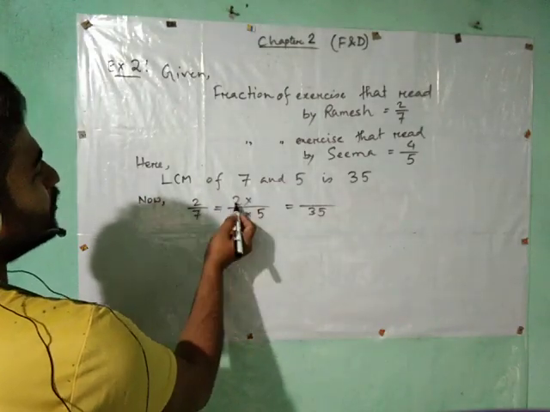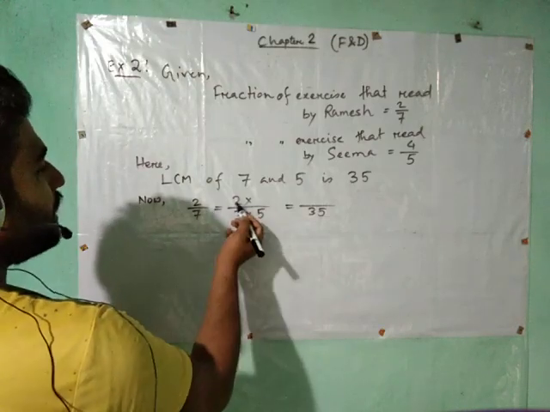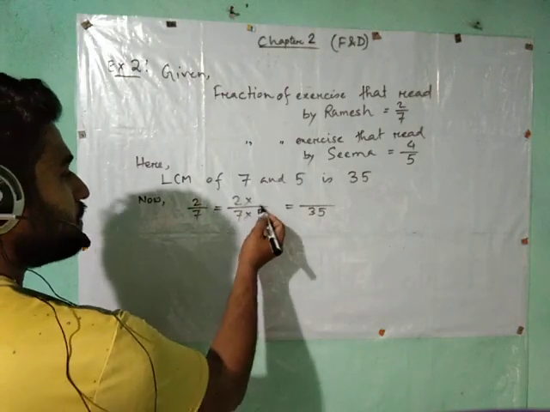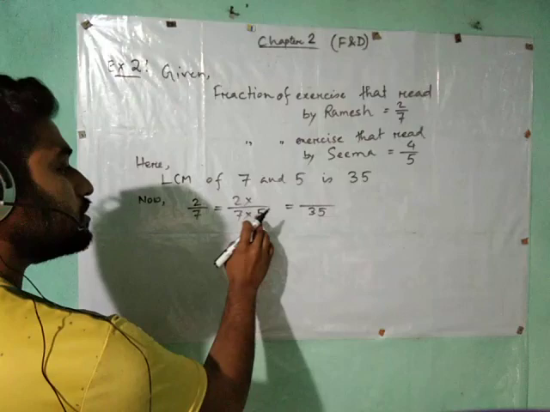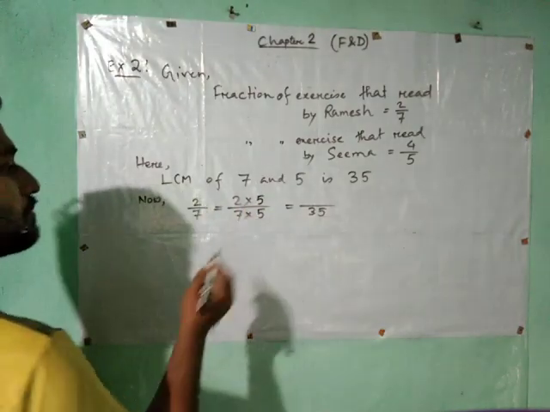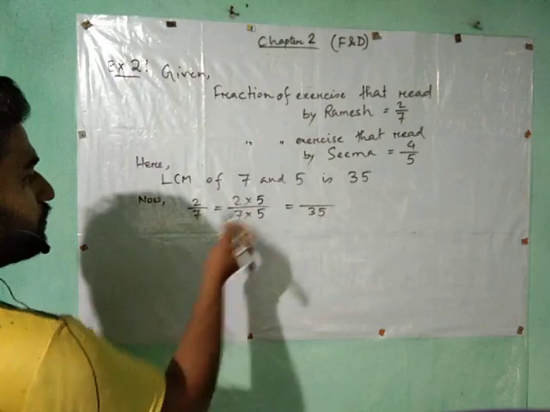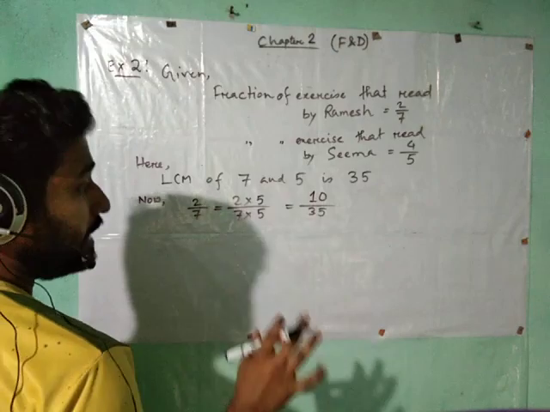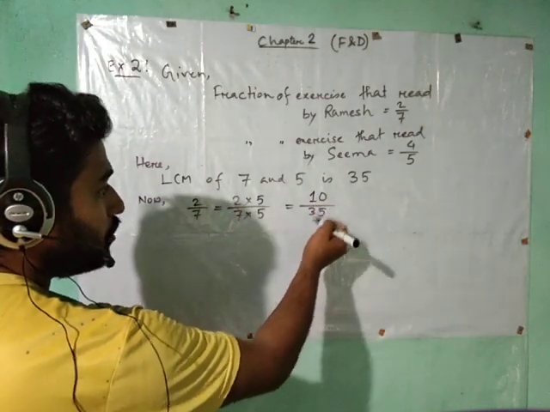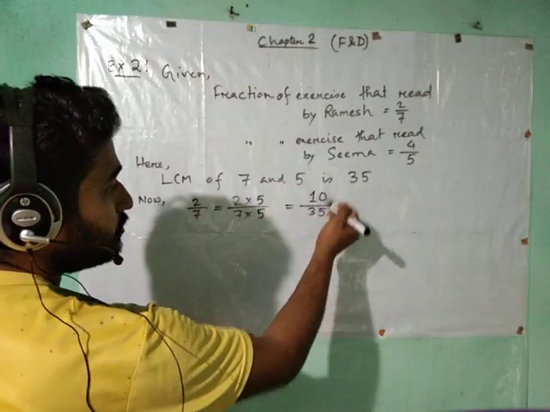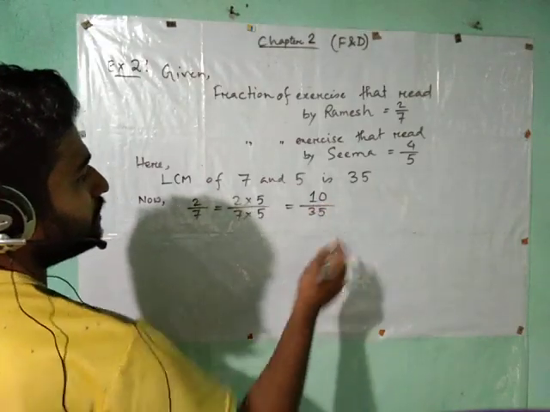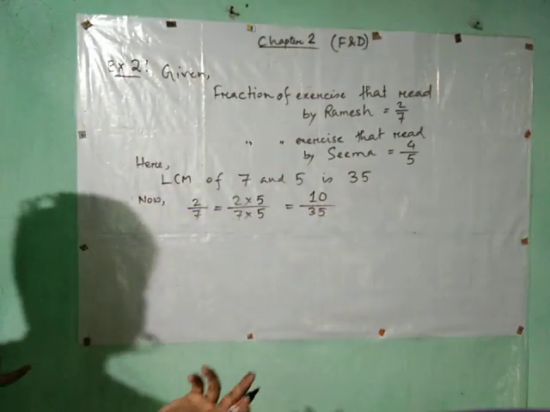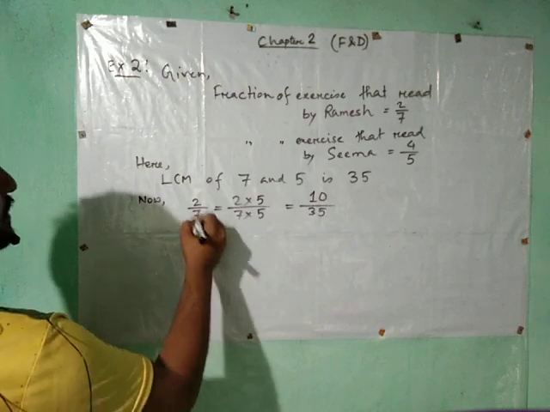Now this 2, what do you have to multiply here? The same number, no other option than 5. You have to multiply by the same number, that is 5. So if you multiply 2 by 5, then you will get 10. Now please be careful, you need not cancel them. Some of you will do cancellation here, saying 5 is here, 2 is here. Oh, no, don't do this. It is of no use.